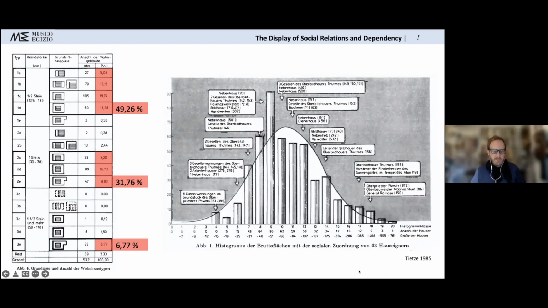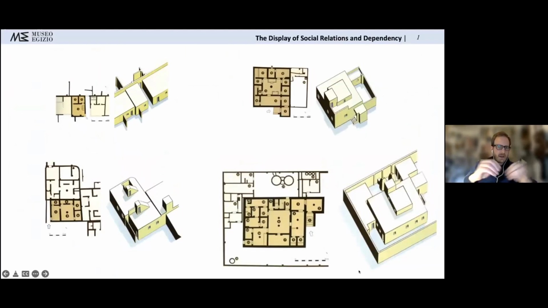The social spectrum of Amarna's inhabitants unfolds from servants living in 15 square meter sheds, via dependent specialists such as artisans and other middle-class people who inhabited the main bulk of the houses, to highest-ranking craftsmen, priests, administrators, and viziers, who own only the largest villas in the city, which are then also very few, because the elite is a very small group. While social stratification is displayed in the type of the houses, so the type of the house codifies your social position in this larger social setting,